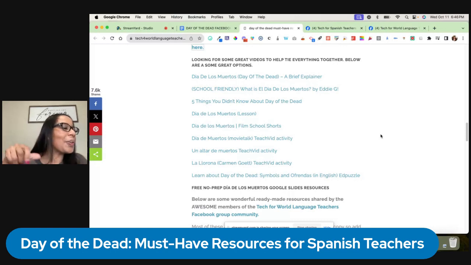So, oh, cool. So Scarlett is doing the altar in a yard. That is so cool. I hope you share your students' work either in the Tech for Spanish Teachers Facebook group